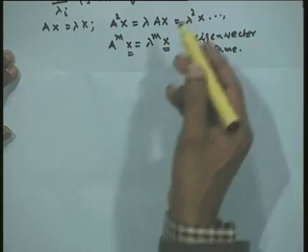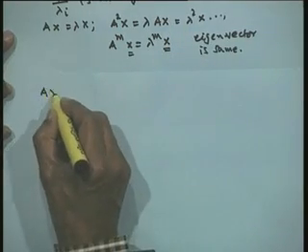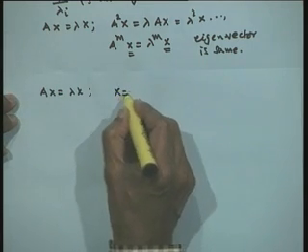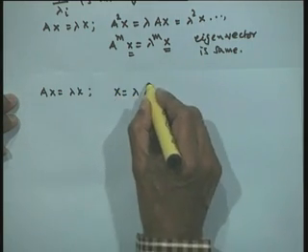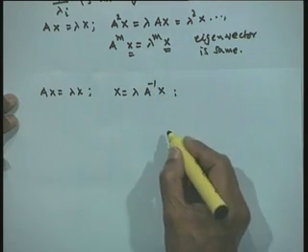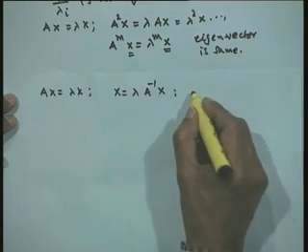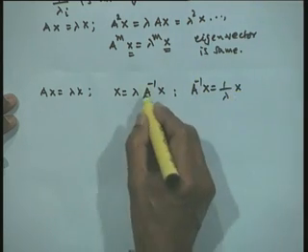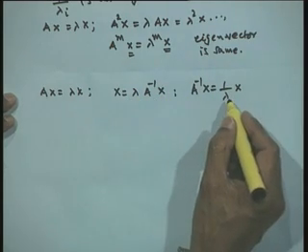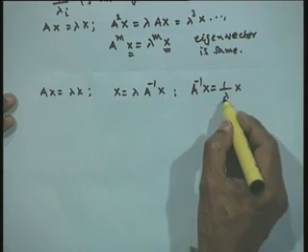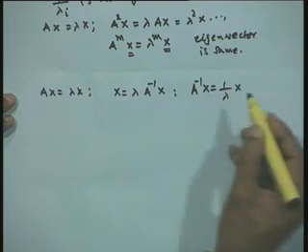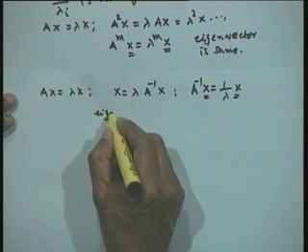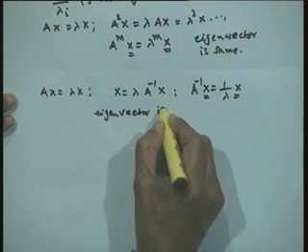I want to find the property for the inverse. So I again start with Ax is equal to lambda x and pre-multiply by A inverse. I will have lambda into A inverse of x, then I bring lambda to the denominator. So I will have A inverse of x is equal to 1 upon lambda of x. Therefore this shows that 1 upon lambda is the eigenvalue of A inverse and x is again the same. Therefore the eigenvector in this case is also the same.